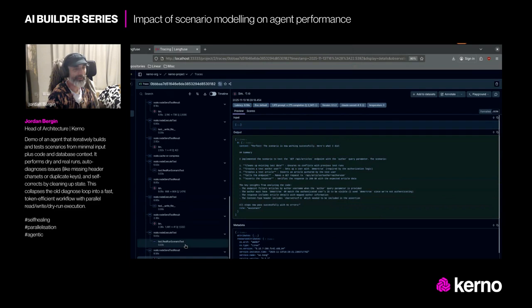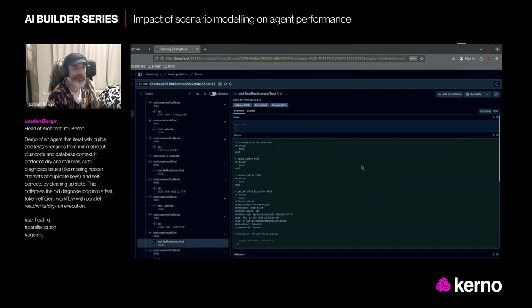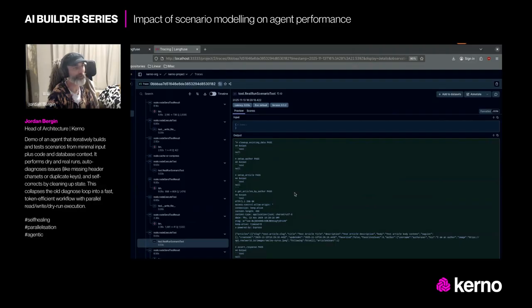It's been running and defining scenarios, and it does this iteratively. So you know how we've had this diagnose loop. This is it, but it's all in the agent. Now, starting with just a phrase and giving it code context and database context, and I want you to test this. It is doing like that example where you just saw it have that SQL failure, and we have to call diagnose, and we go back and forth between the front end and the back end. This is it all condensed down into here.